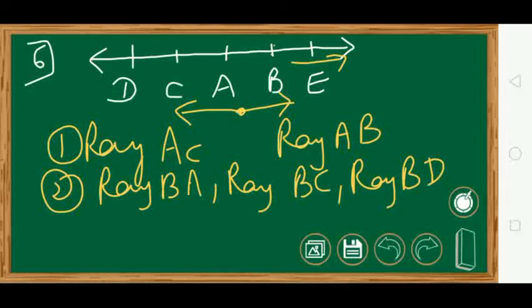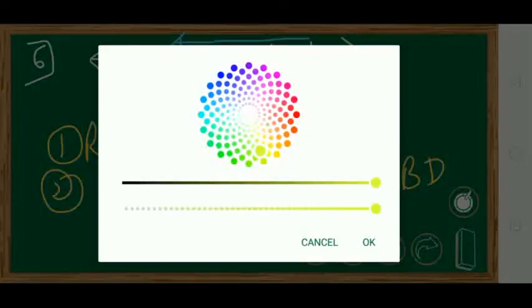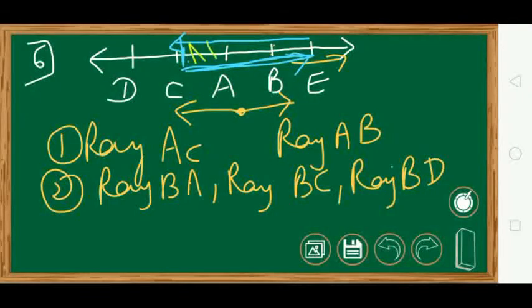Then find the intersection of the rays CE and EC. Now see, I will just change the color and I will draw. You see your ray CE. CE is how much? CE is this much. This is your CE. Okay? Going like this. And next is what? EC. Now EC starts from here and it goes like this. Okay? So what is the common part? This much. Common part I will show with another color. But this is your common part. Okay? From here to here.